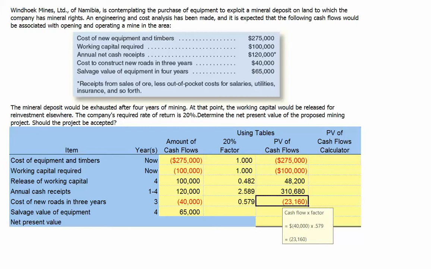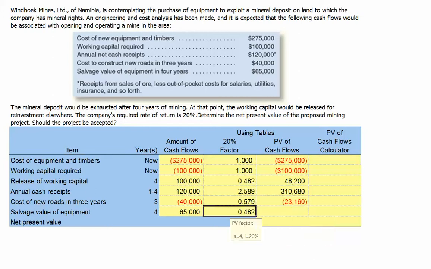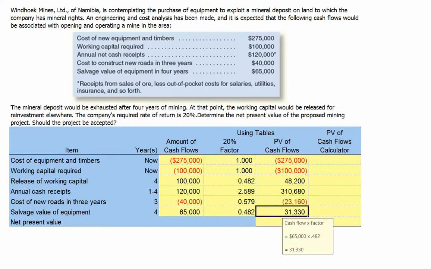The salvage value at the end of the project is a cash inflow. We'll look up the factor in Table 2, 4 periods and 20%, and multiply the factor of 0.482 by the $65,000, and we get a present value of